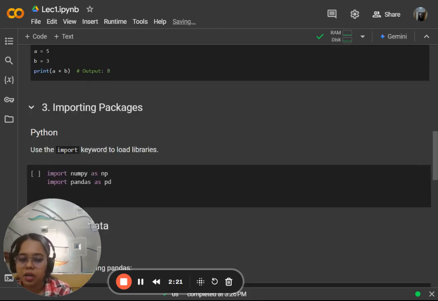Now, importing packages in Python. Packages in Python are modules that provide additional functionality to our Python code. To use a package, we use